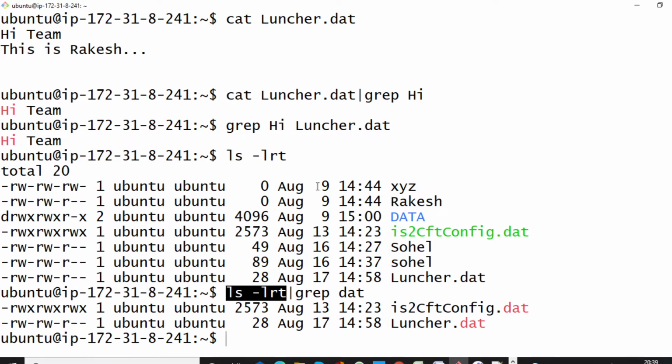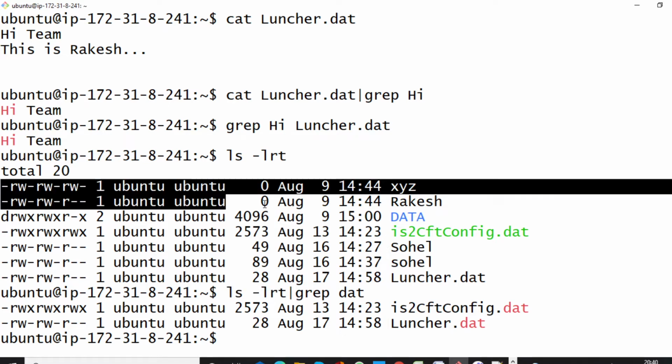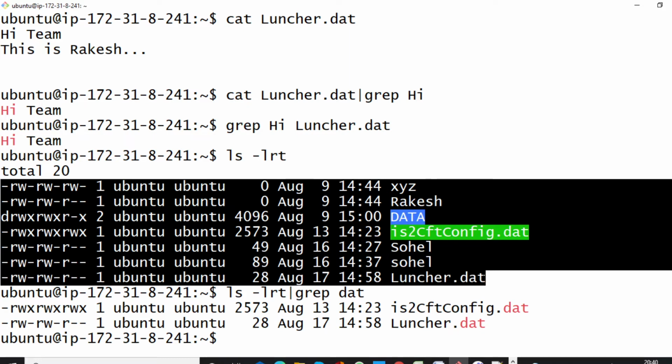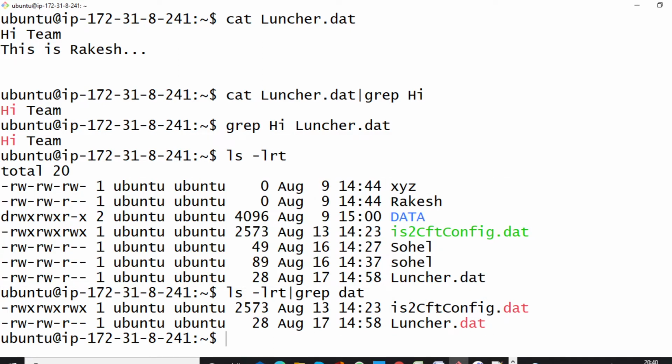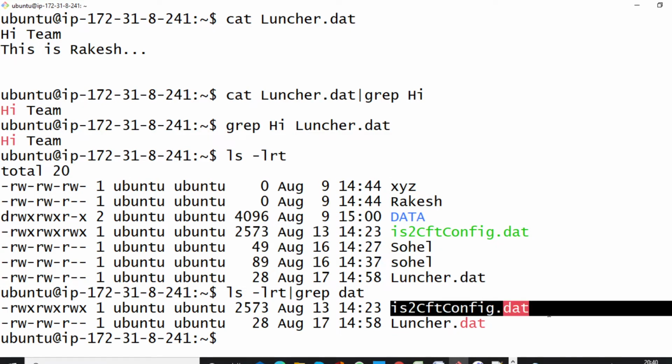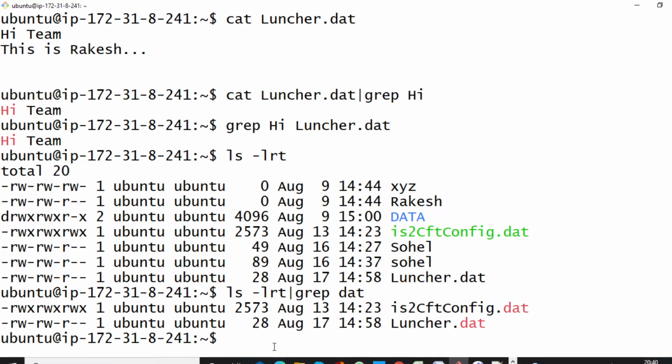The output of ls -lrt will be like this, and from this content we are taking grep, then dat, we are searching dat, and we are filtering these two files from all the above. Okay, so this is the use of pipe.